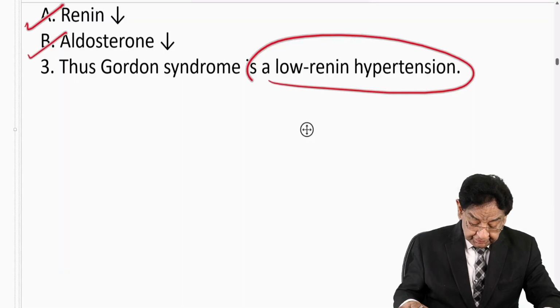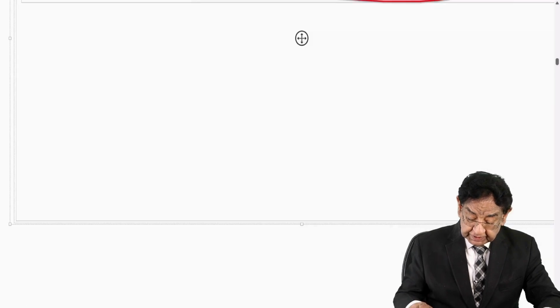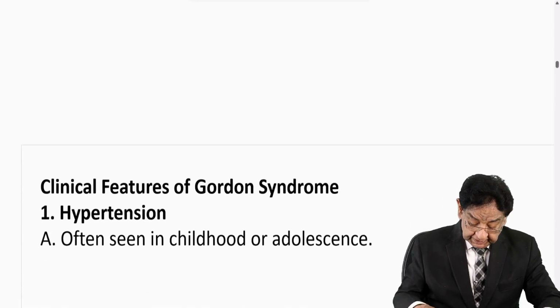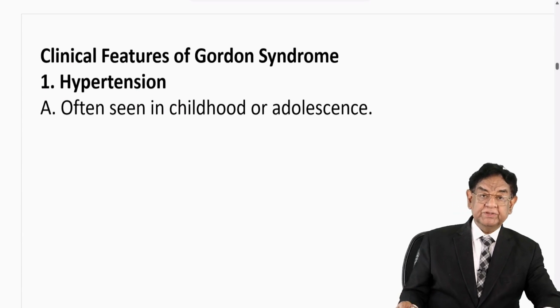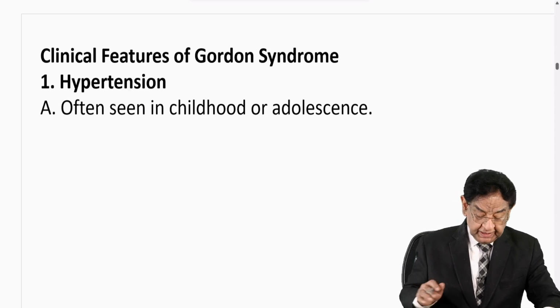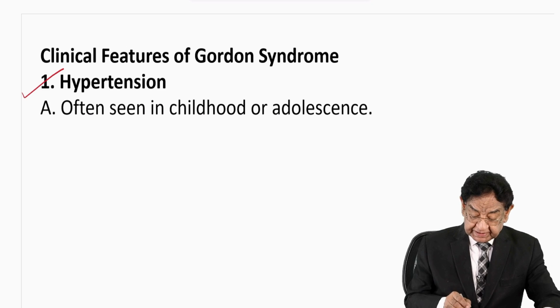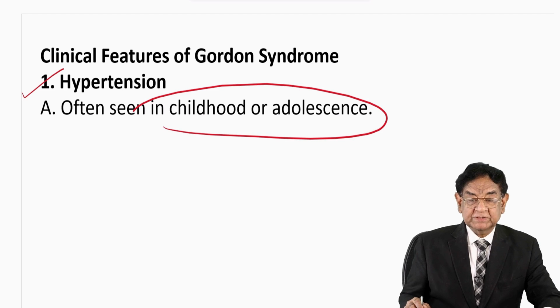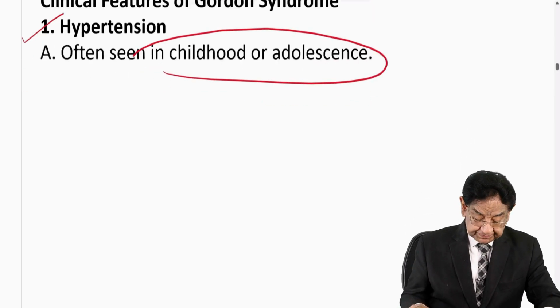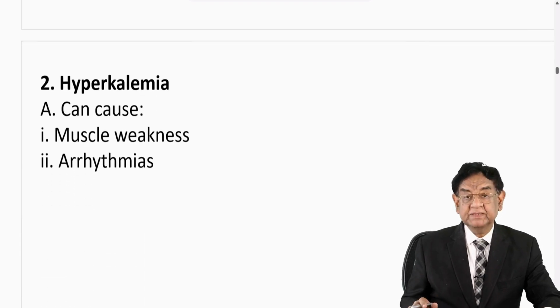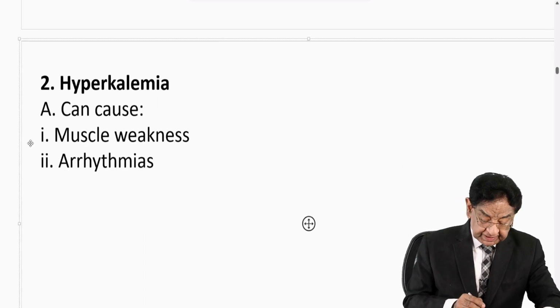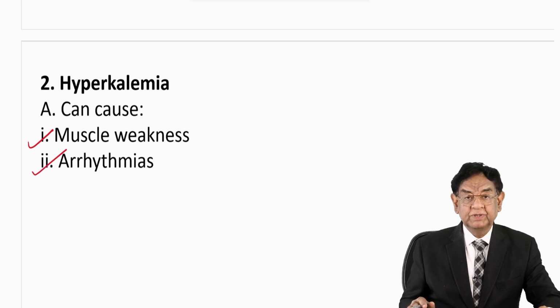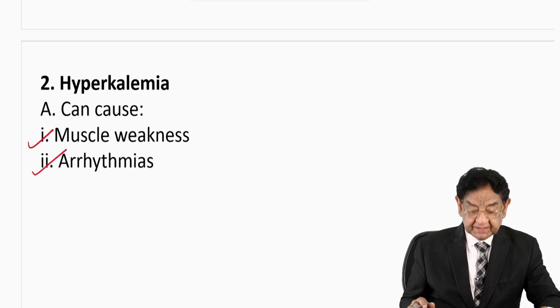Now we move on to the next point regarding the clinical features of Gordon syndrome. My job is very simple because most of the things you know: hypertension. What is special? Early childhood or adolescence. You are getting a child of maybe 8 to 10 years with severe hypertension. So definitely you have to suspect this. Hyperkalemia, the point you know why it happened, and that leads to muscle weakness and arrhythmias. We all know that muscle weakness and arrhythmia are features of